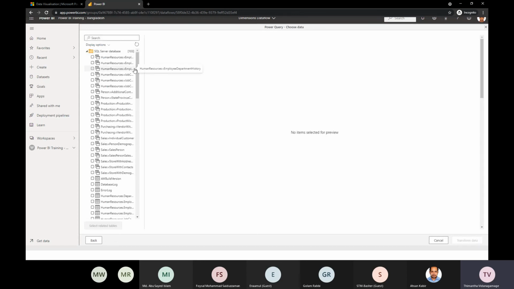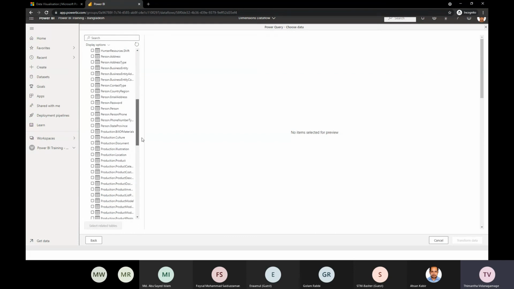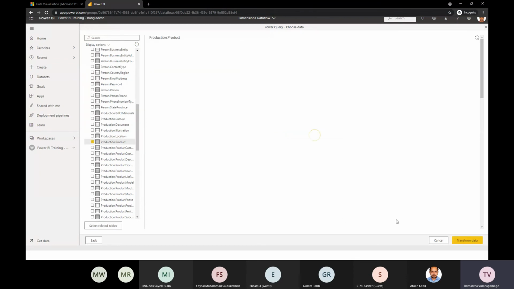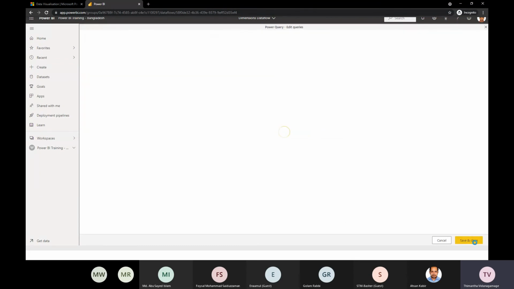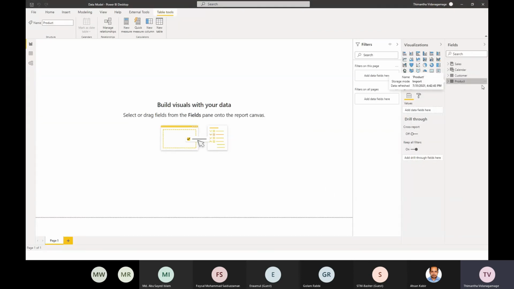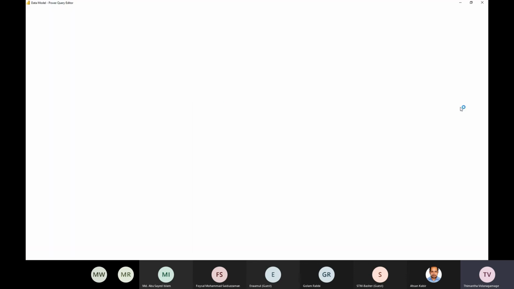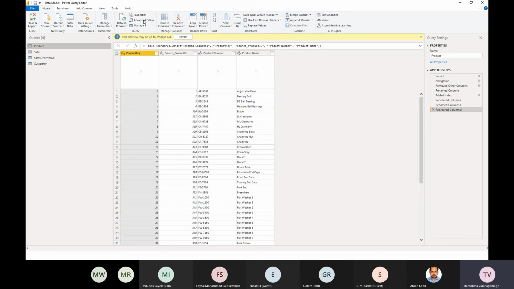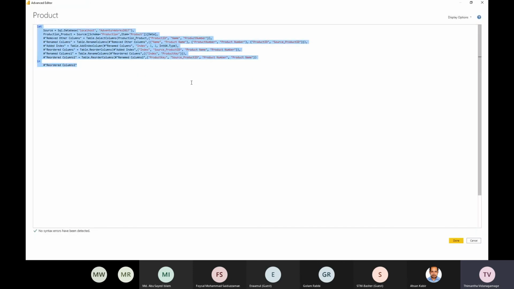Right, so I'm heading back to the same list, and in here I would quickly navigate to production product, I guess, yes, production product, and I would click on transform data, and the same thing I will be doing here as well. I would be getting down into the product dimension, and I'll be getting into the advanced editor, and inside the advanced editor I'll be copying the logic,